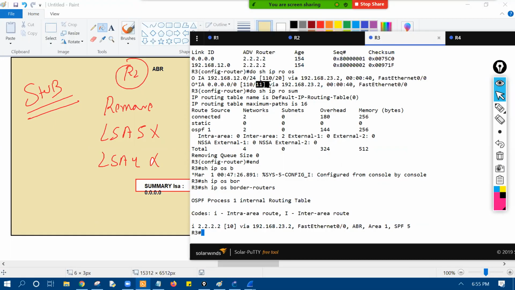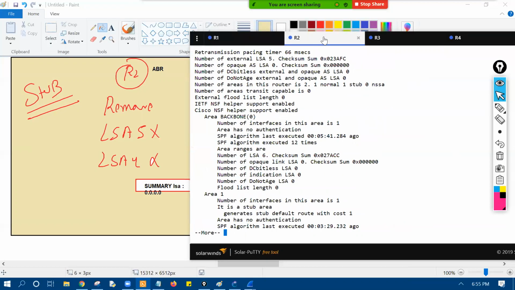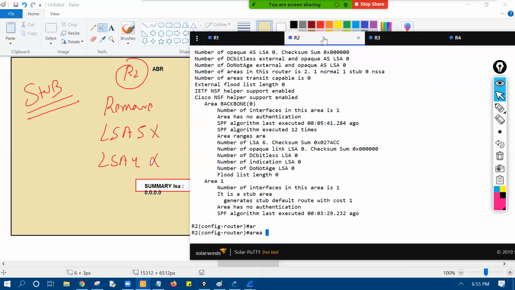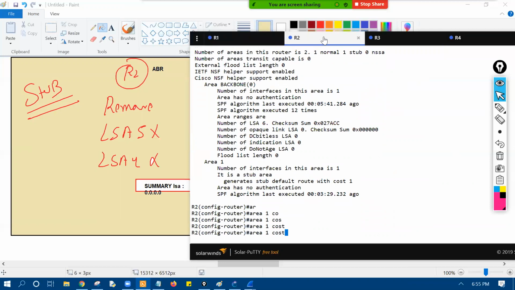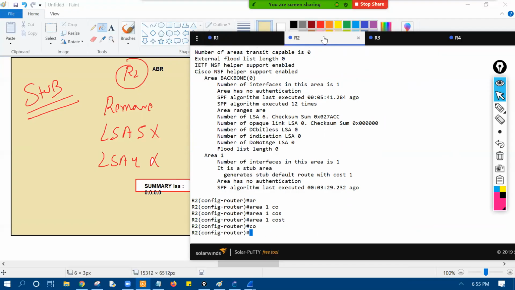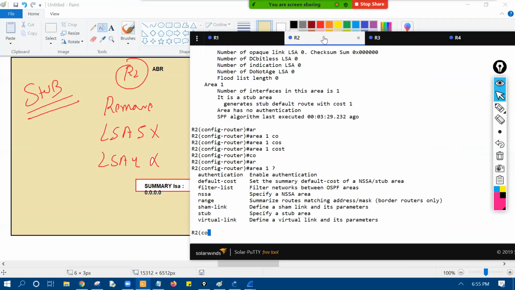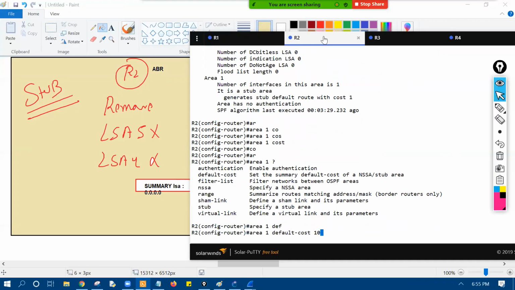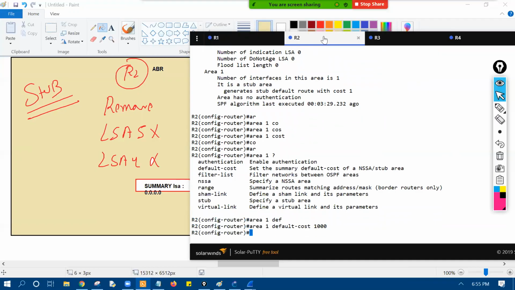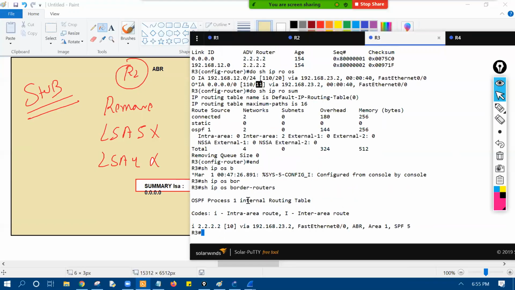So you can manipulate this cost as well if you want. If you want to manipulate the cost, you can change this cost. For example, I say area 1 default-cost, make it 100 or 1000. If you want to, you can do that. To manipulate the path, we can change the cost if you want. Now if you see, previously it was receiving the cost of 11. Now